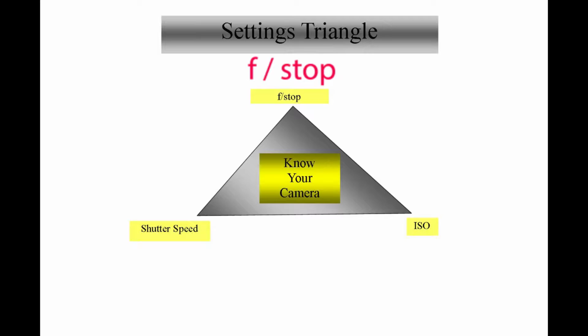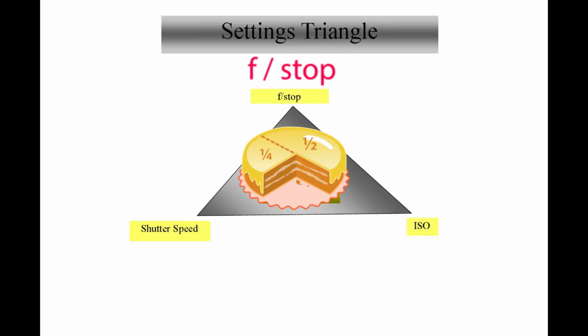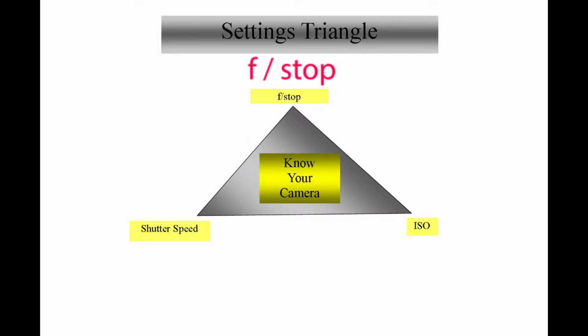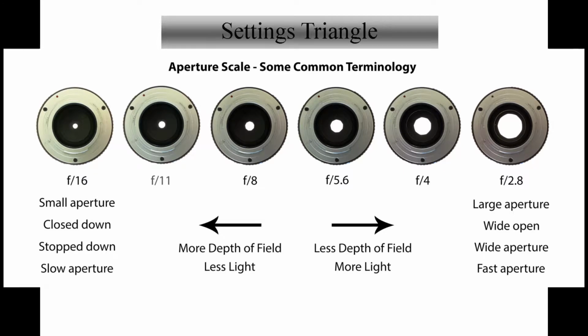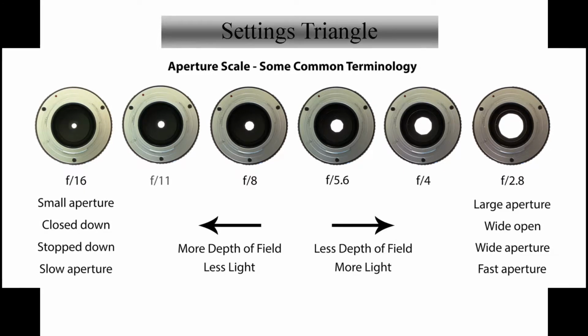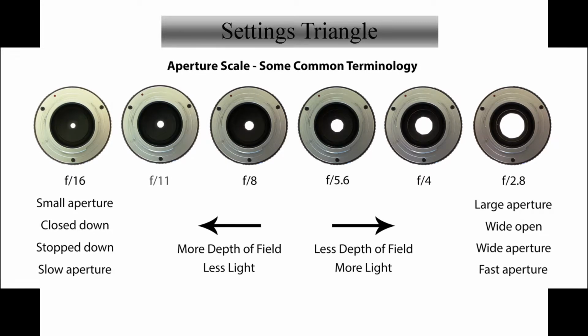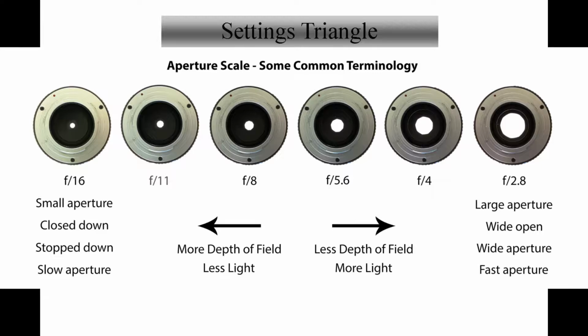Now what does that mean? Well, think of it as fractions. 1/2 is bigger than 1/4. So with f1.8, the lens is open more than if you have an f22. f1.8 has a very shallow depth of field. That's where your picture starts its focus and where it ends its focus. f22 has a very large depth of field,